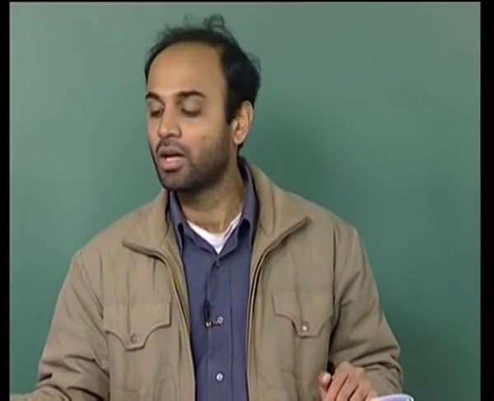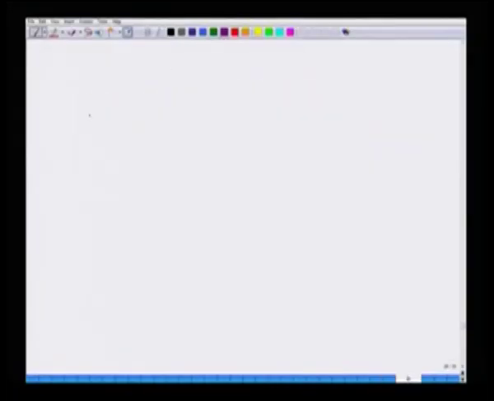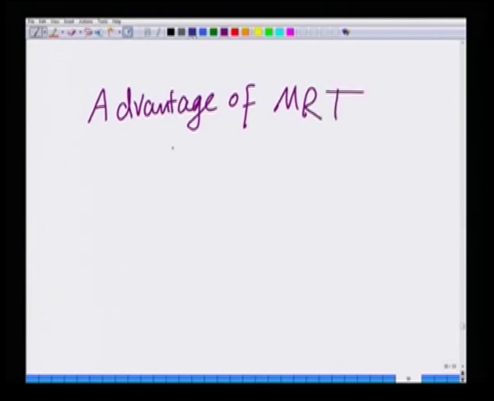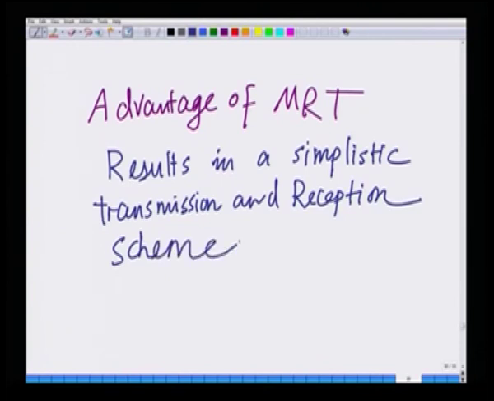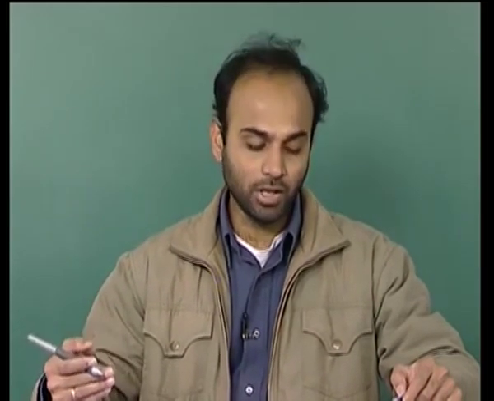Alright, we had seen maximal ratio combining, MRC, before. This is maximal ratio transmission, MRT, and the advantage of this is it results in simplistic transmission. What is the advantage of MRT? The advantage of MRT is it results in a simplistic transmission and reception scheme for MIMO systems by effectively converting. So, because you are only transmitting one symbol, there is no interference from other symbols, hence it results in simplistic transmission, also simplistic reception, because the receiver is simply a maximal ratio combiner in the dominant mode